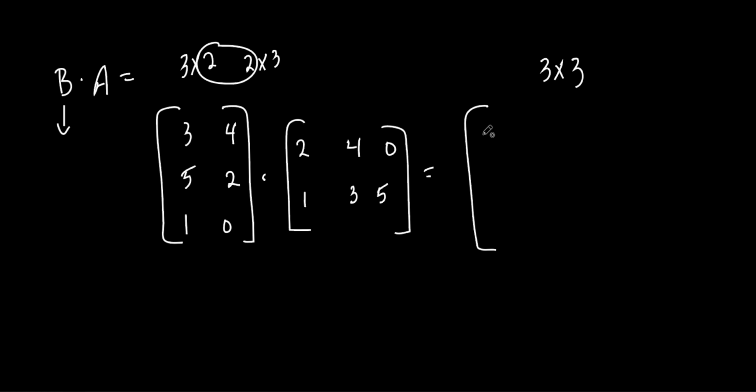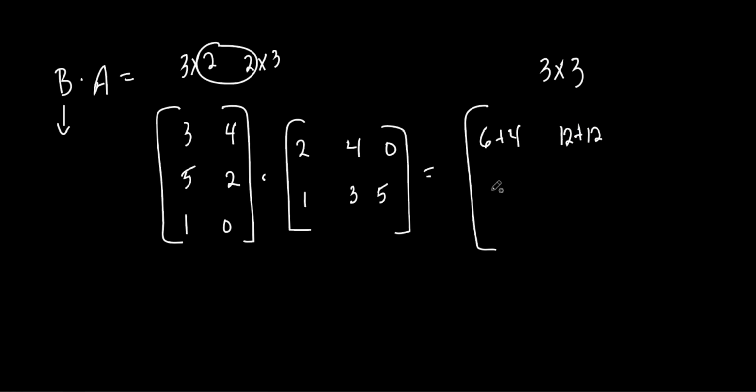So 3 times 2, 6. And then 4 times 1 is 4. Then we go, same row, different columns now. So 3 times 4, 12. And then 4 times 3, which is also 12. All right. By the way,